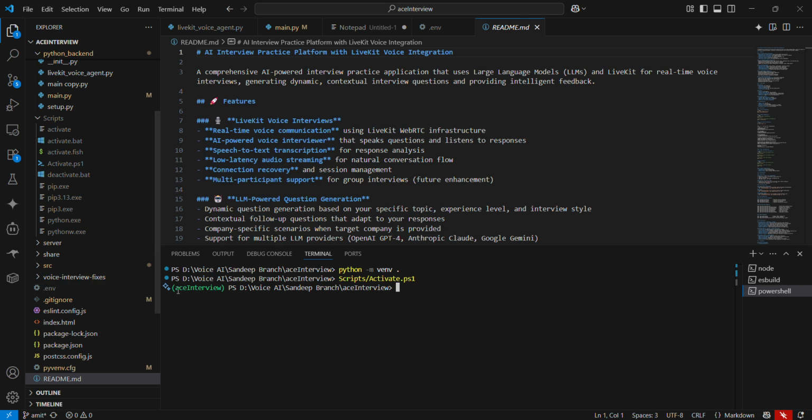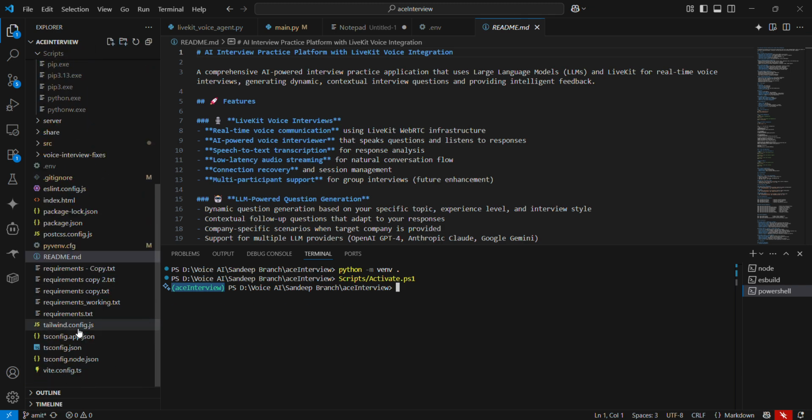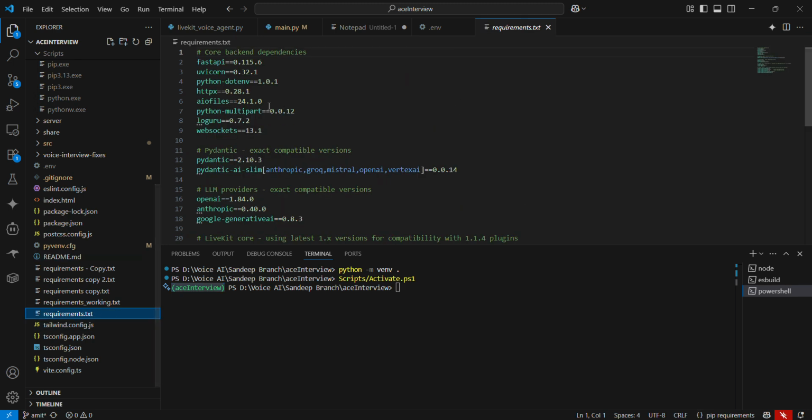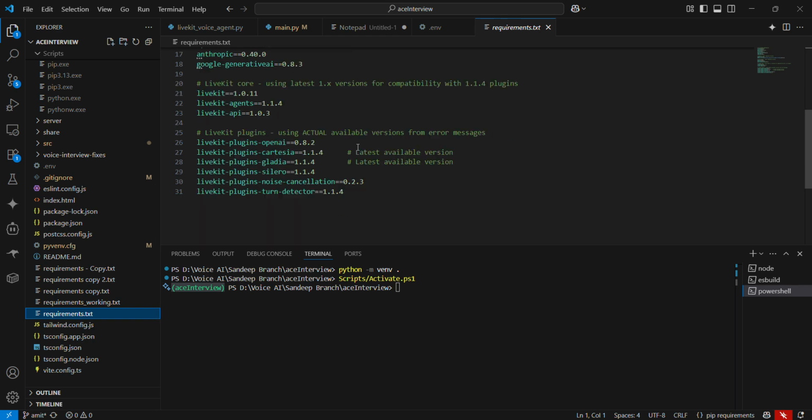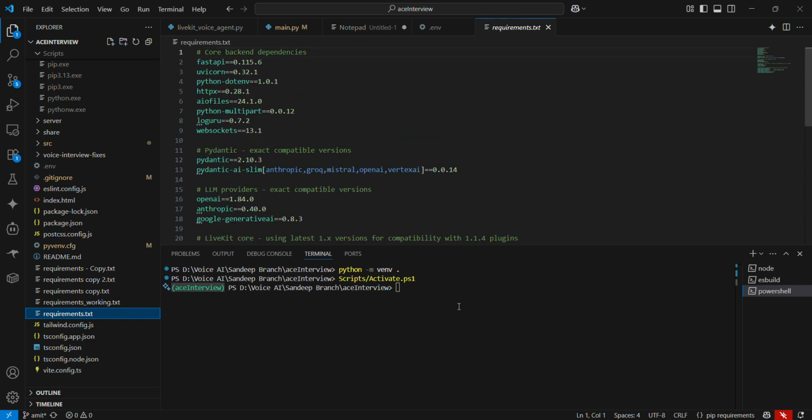See, now you can see the screen color and interview in the brackets. This suggests that your virtual environment is active. So it took the name from my project name here. Now I need to install some requirements or some packages here. This is listed in this requirements.txt, and what I need to do now is pip install